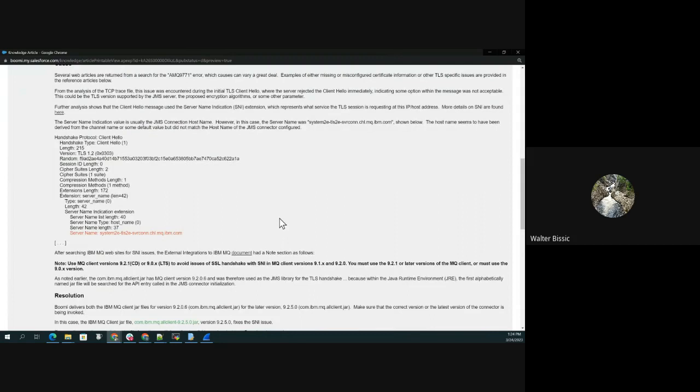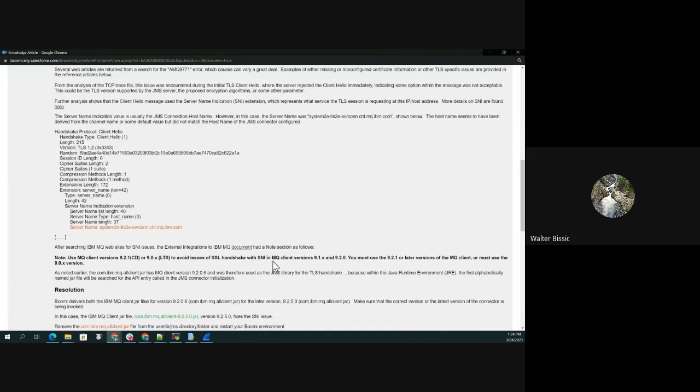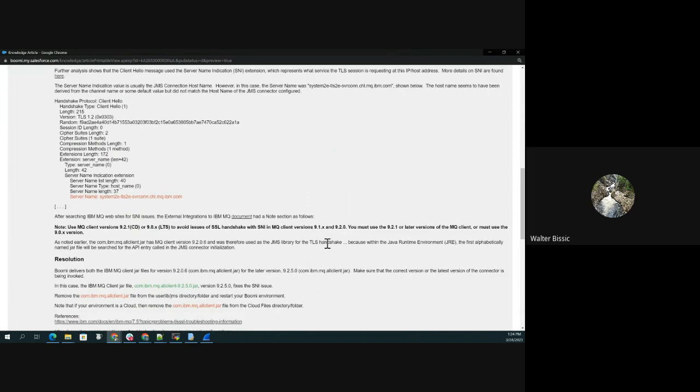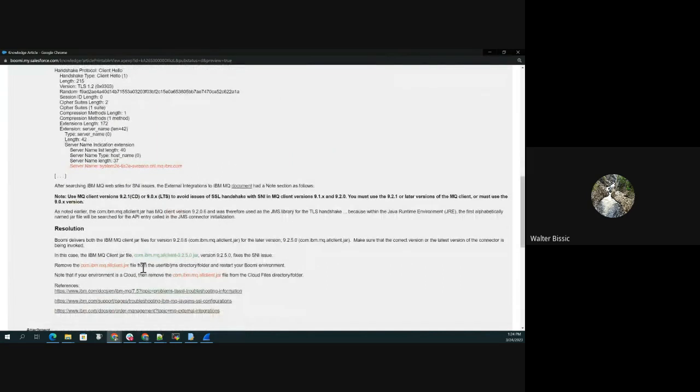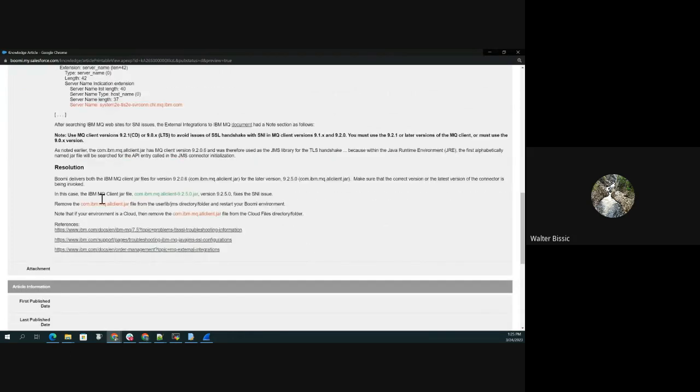Well, after significant searches, I was able to find a document that pointed out that in 9.2.1, there were various MQ client versions that could avoid that. So given the fact that we had both the all client at 9.2.0.6 and the 9.2.5.0 jar files, what we did to resolve this was simply remove the earlier or older